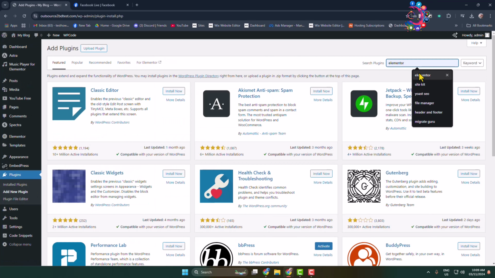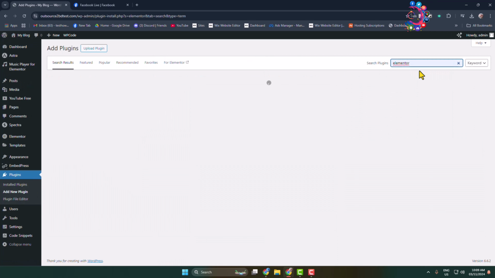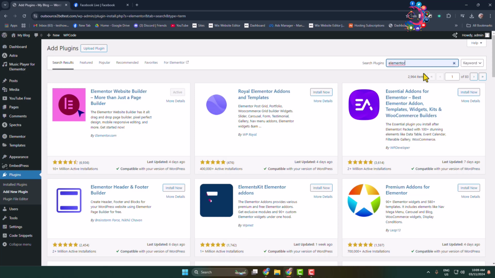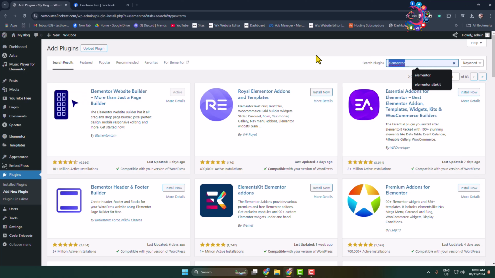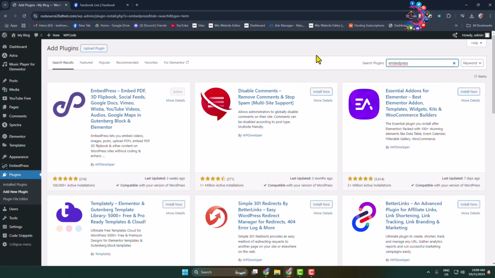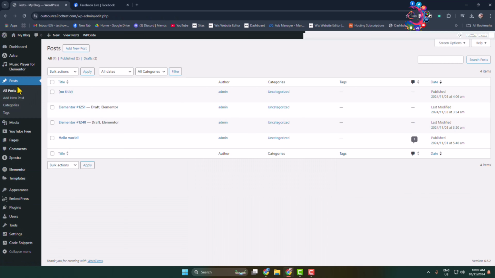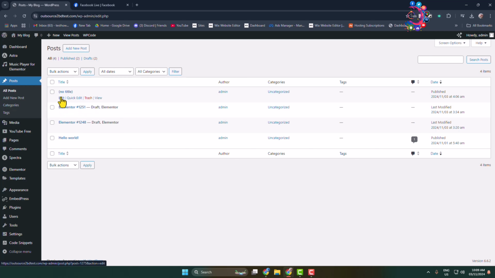First of all, you have to search here for Elementor, and install and activate the Elementor plugin. And after that, type here EmbedPress, and install and activate the EmbedPress plugin. Once you successfully install both Elementor and EmbedPress, now go to the post or page section and edit the specific post